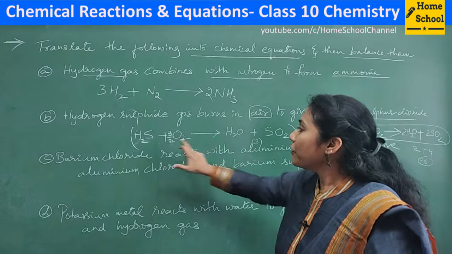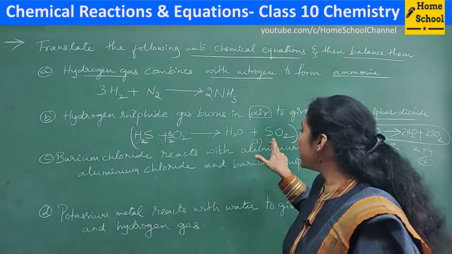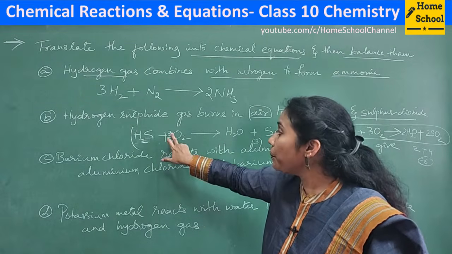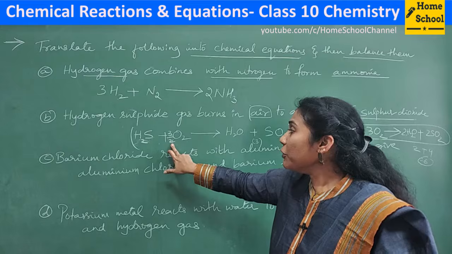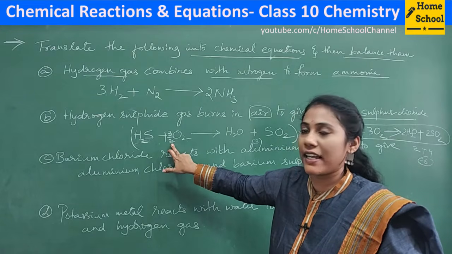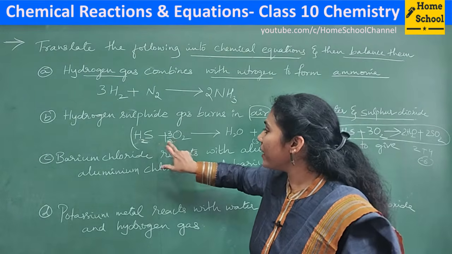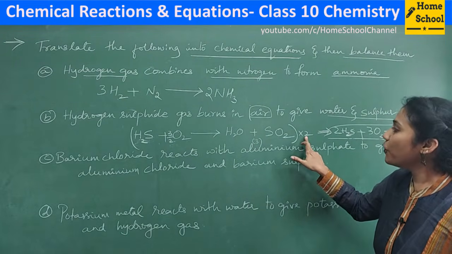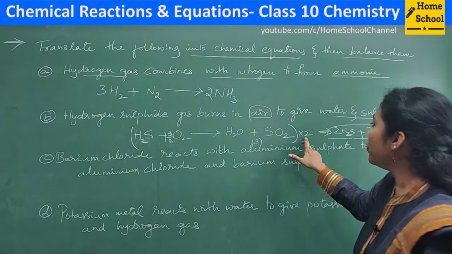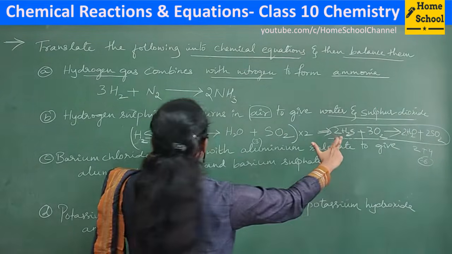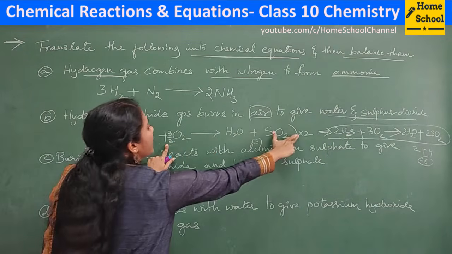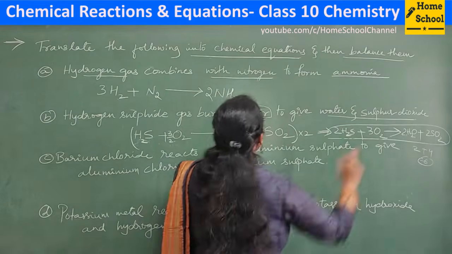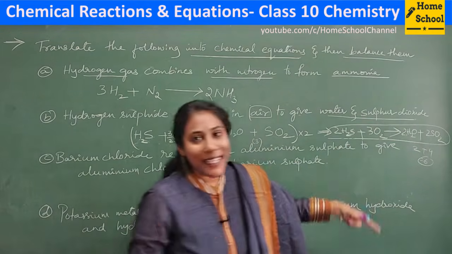If it is an odd number, first you can introduce a fraction. 3 oxygens are there in the product side. You want 3 oxygens in the reactant side. So put the fraction as 3 by 2. Now you cannot keep the fraction like this in the reaction. To remove that fraction, the whole equation we can multiply by 2. So when you multiply the whole equation by 2, you write 2H2S, plus this 2 and this 2 get cancelled, so 3O2, giving 2H2O plus 2SO2. Now it will be in a balanced form.